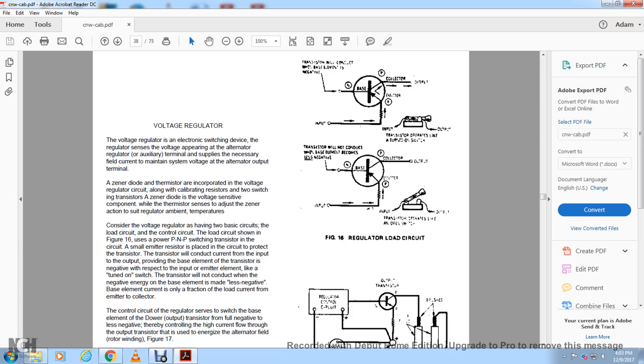A sensitive component, a thermistor sensor, adjusts the zener action to suit the regulator ambient temperatures. Consider the voltage regulator as having two basic circuits, the load circuit and the control circuit. The load circuit is shown in figure 16 for the positive negative power,